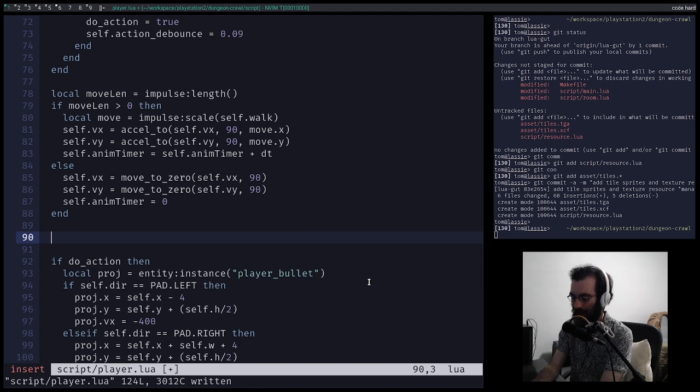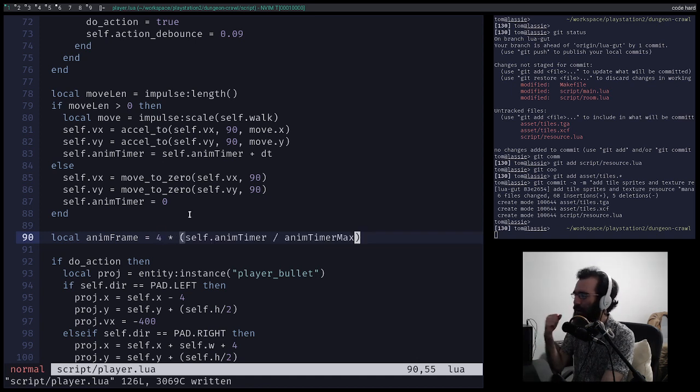So, local anim frame. We're going to assume all of our animations are 4 frames long, which is not correct, but we'll go for it. This is also assuming that the only thing we're going to be animating is walking. So this is limited, but workable. So the animation frame is going to be 4 times self.anim timer divided by anim timer max, right? What proportion of the animation are we through multiplied by the number of animation frames? So what frame are we on? So 0, 1, 2, 3, 0, 1, 2...